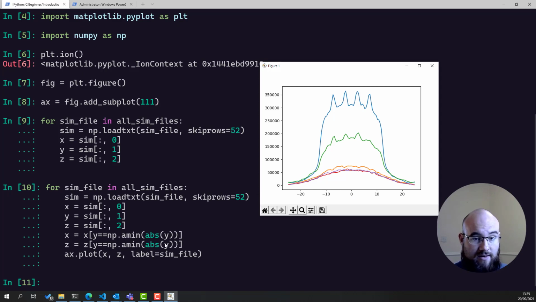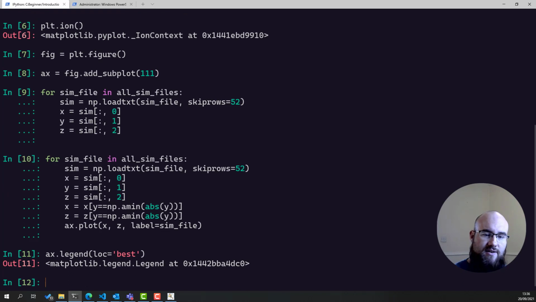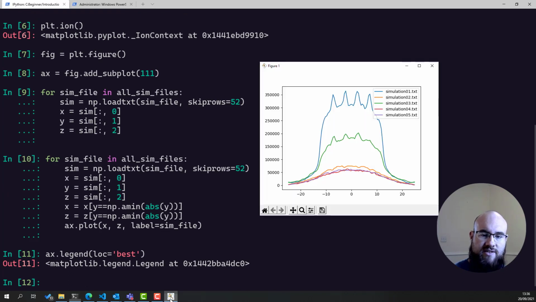How do we know? Well, that's why we've included this label, because the label will correspond to the file name. All we need to call is x.legend, and we don't need to provide any arguments, but I'm going to say location equals best, which will automatically put the legend in the best location that covers the least amount of data. And if we look back at it, we can see we've got a legend up here in the top right